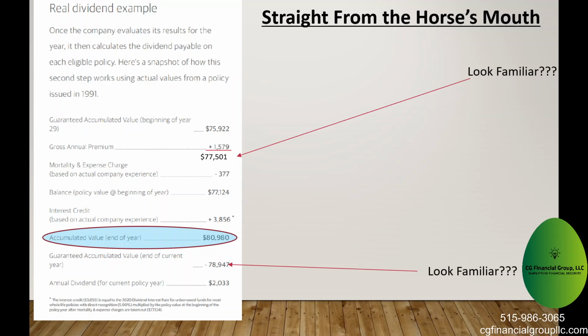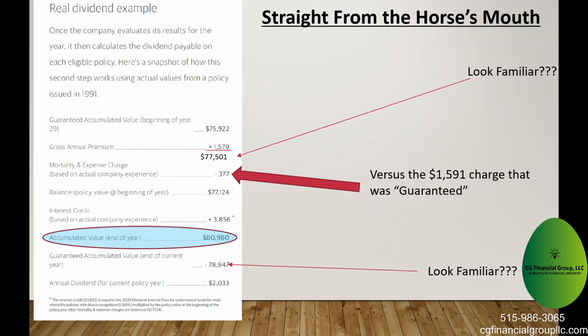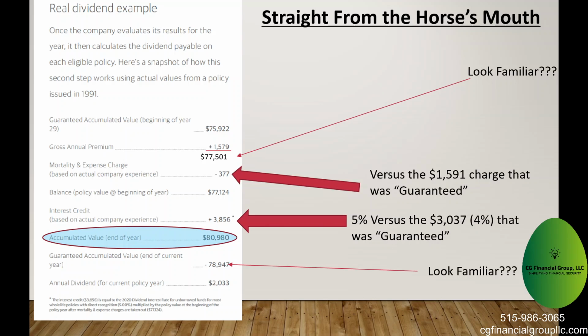It's the same thing, right? But the first part of the dividend is the fact that we don't need to charge the clients what we actually charged them, which was $1,591. Our true mortality, because we underwrote everything perfectly, we only should have charged them $377,